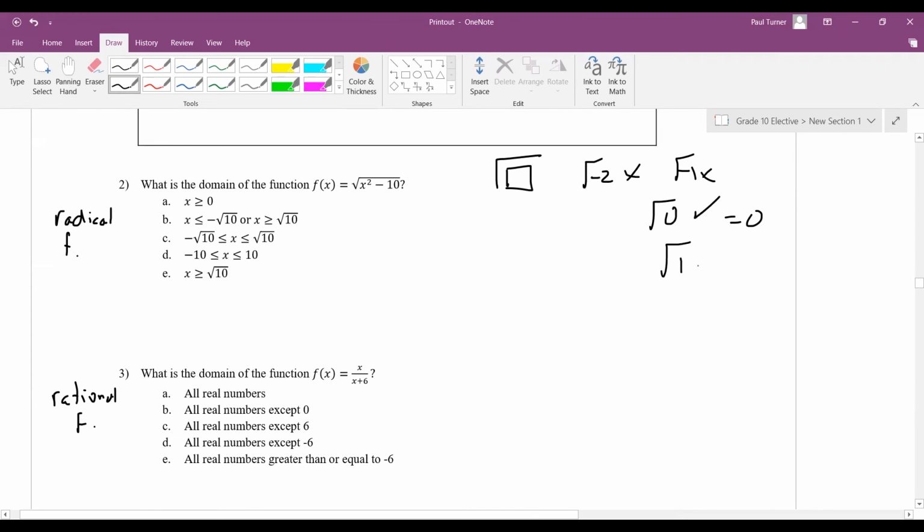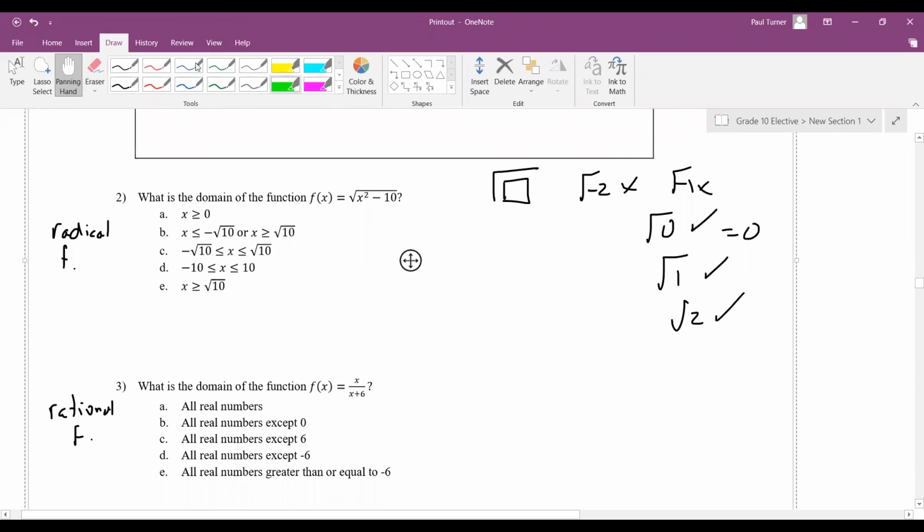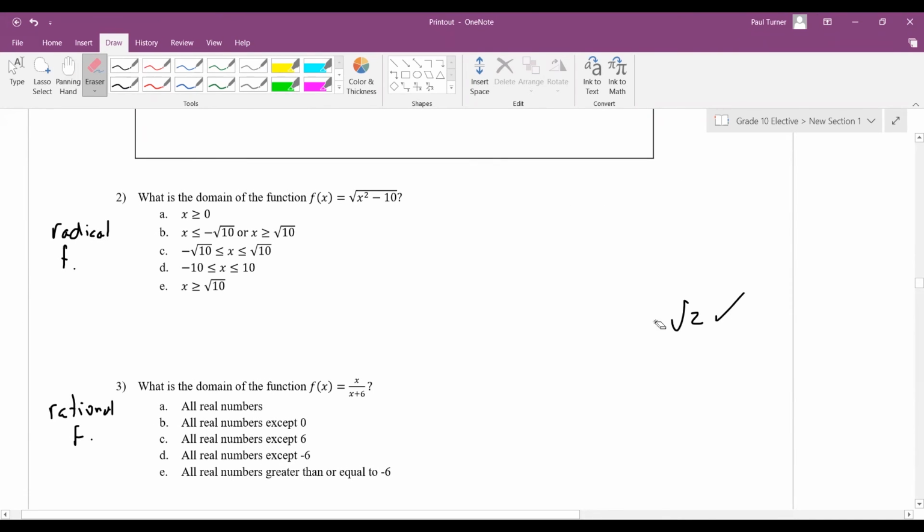Square root 1 is okay. Square root 2 is okay. So this denominator must be greater than or equal to 0. Hope you get that. Because if you're under that square root sign, you'll have a negative number and there'll be no graph at that point. So what we do, we let